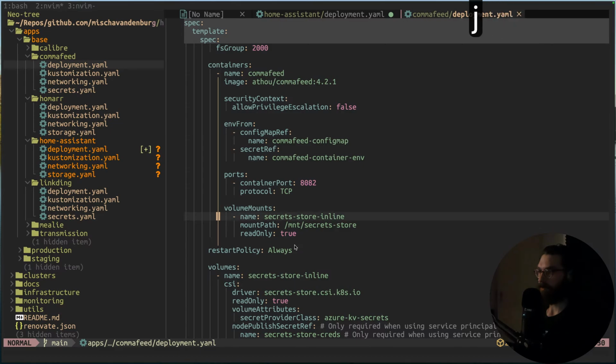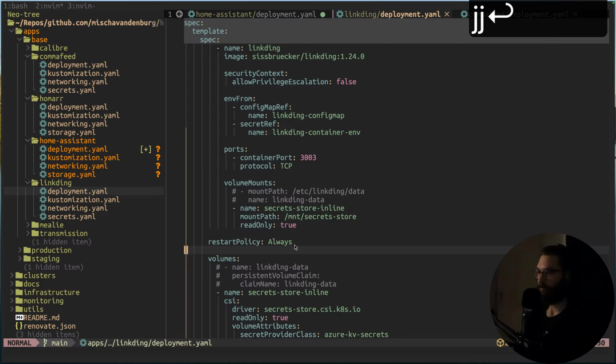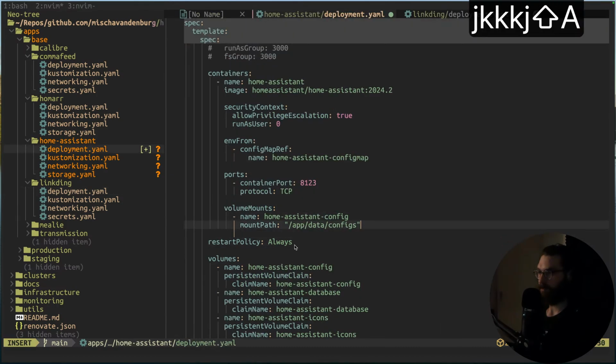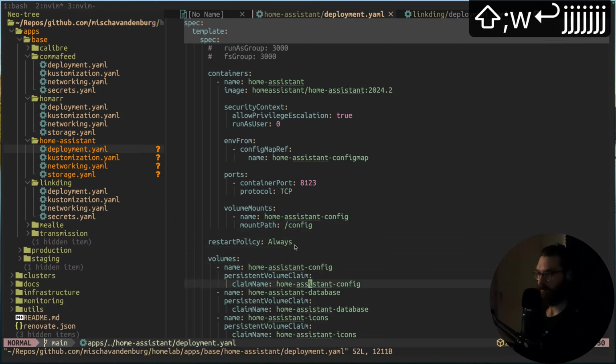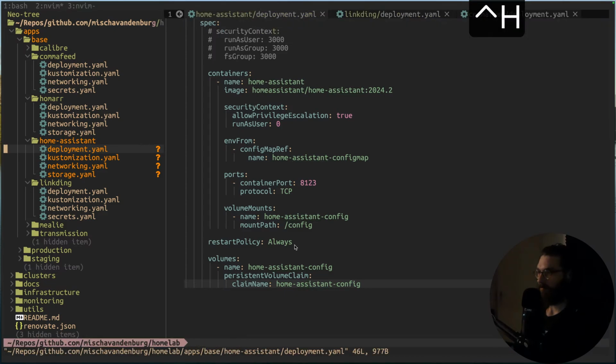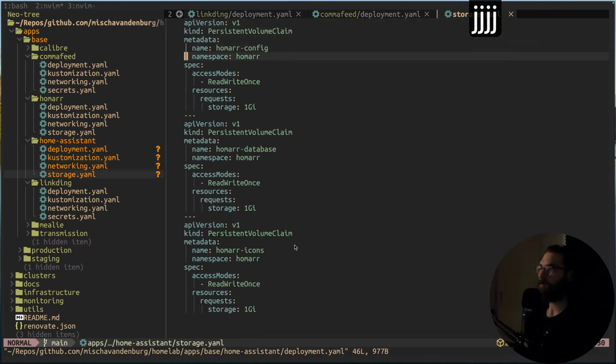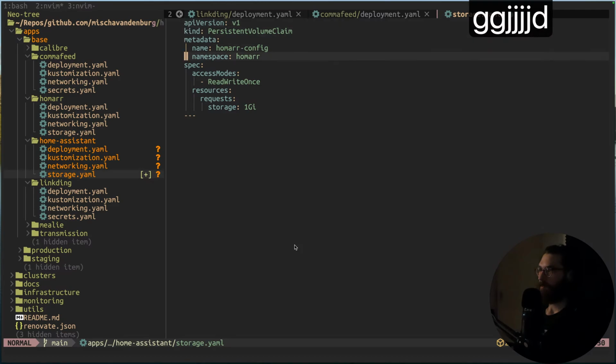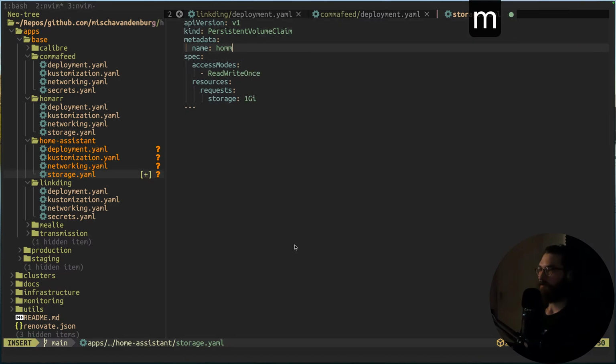This also is mounted at mount path /config, so it should be here, /config, and then I'm going to add the volume here, and I'm going to create a new volume called home assistant